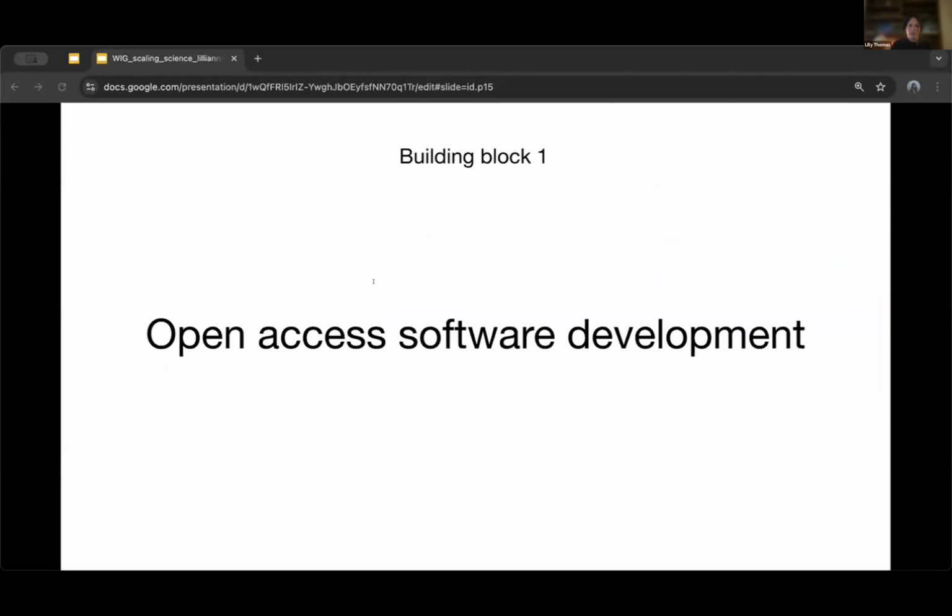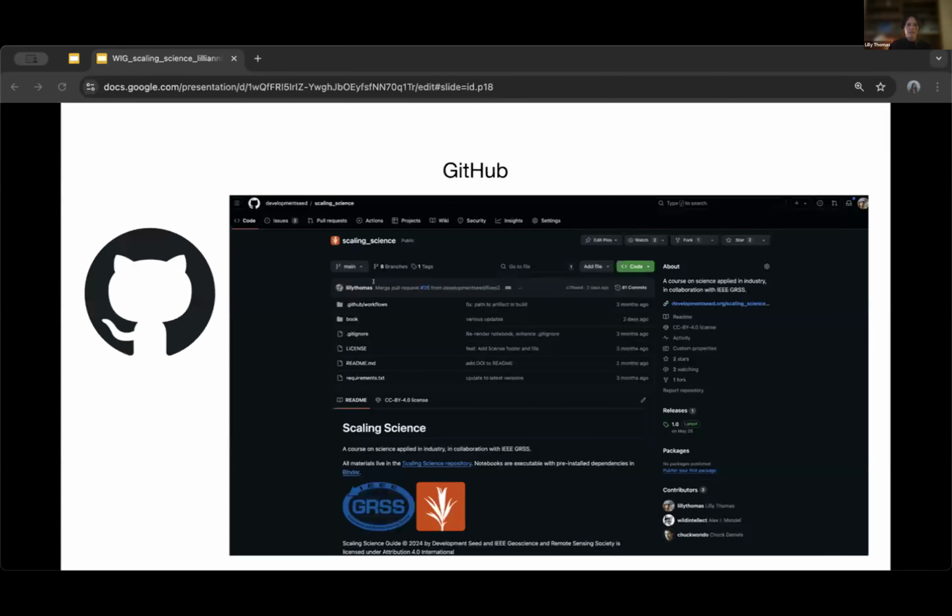So now I'll touch on the first building block, which is some of the actual tools I'd recommend for scalable and collaborative software development. And as I'm sure you've gathered by now, the practice of enabling open access to both data and code allows other researchers and developers to scrutinize, verify, and build upon existing methods, which in turn really reinforces the credibility of new science and software. So jumping into some of the common platforms and associated protocols for collaborative software development,